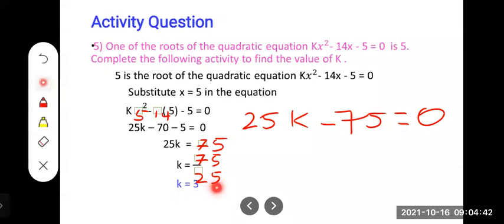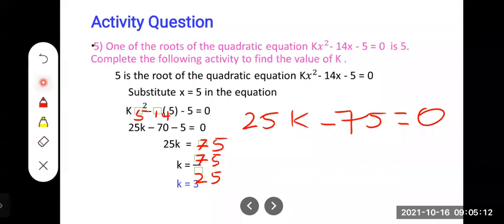So this value also they have given already. So what you have to do, we have to fill this box, and this 3 box over, and this fully they will take as 1 box. Okay, so that means half mark for this one, and here half mark. So 2 marks you will be getting for this type of activity questions. Is it clear, children? So to find the k value, you may get 1 activity question. Clear?